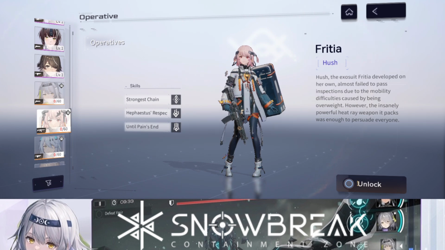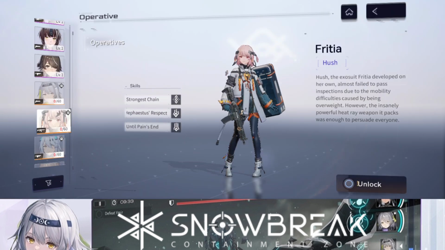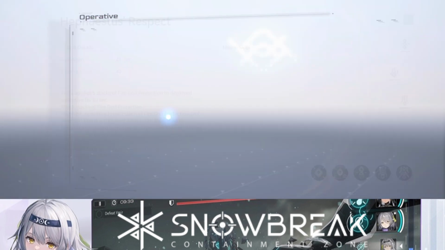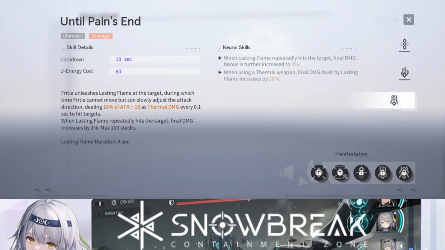Now regarding Frechia, you can actually use her as your main damage dealer. Is she an SMG? I don't think she's an SMG. She's an AR character, which is good. SMG characters kind of lack when it comes to dealing damage against bosses, which kind of sucks. So if you're going to be using Frechia, you're probably using her as your damage dealer because her ultimate is actually very, very